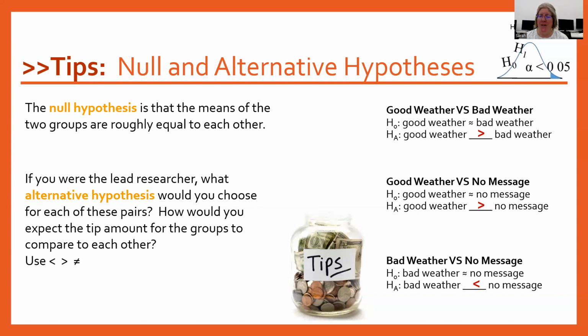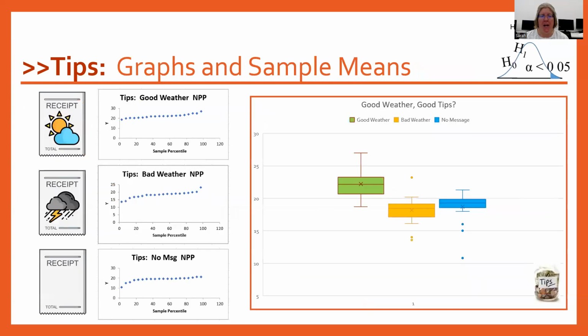Before we move into how to do the 2-sample t-test, I do want to take a look at these graphs a little bit. So we're going to start by looking at the normal probability plot and just do a little bit of review on that. So remember, on a normal probability plot, we're looking for the data to form mostly a fairly straight line. It can be a little bit bumpy. A little bit of outliers are okay. We are looking for that straight line. So for all 3 of these normal probability plots, they do make a fairly straight line,